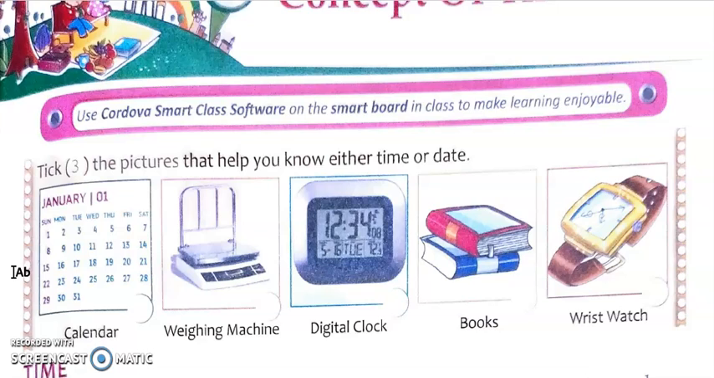The first picture, what is it? That is a calendar. In a calendar, can we see time? No, we could not see the time. So we don't have to tick here because that is given only dates. Second, weighing machine. Can we see the time here? No, in a weighing machine we could not see the time, but we can see the weight of the particular thing or person in the box where digits can be seen. So weighing machine is not